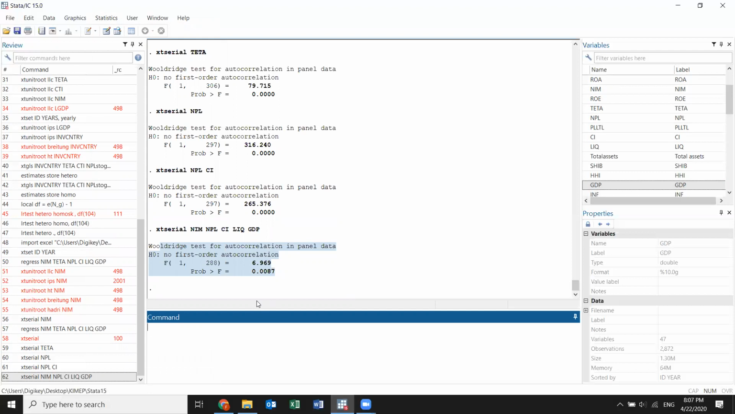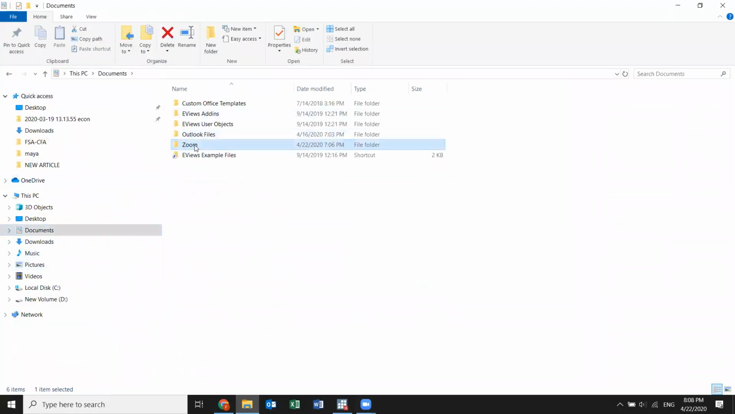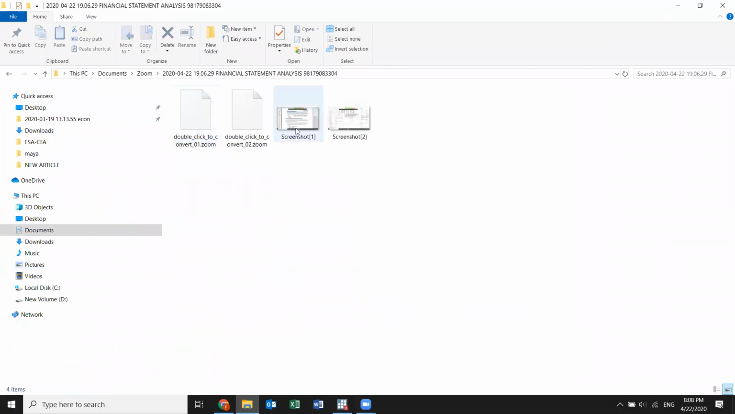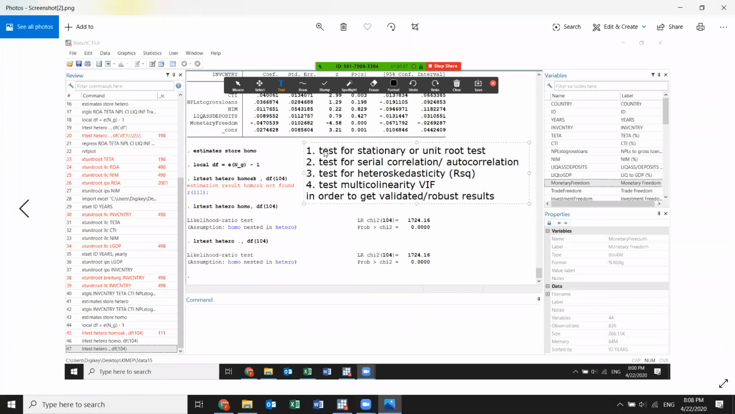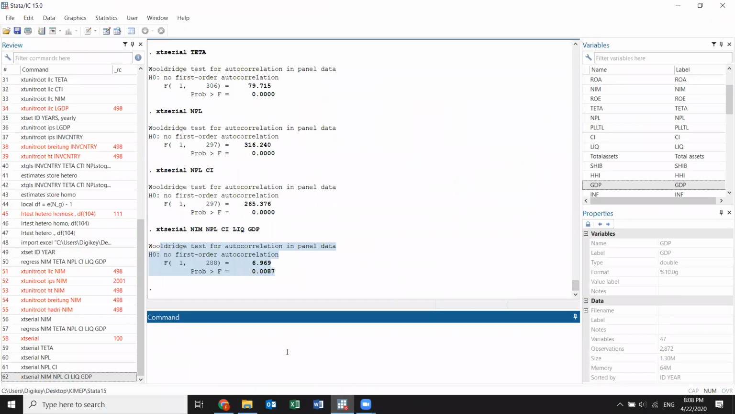So, coming to heteroscedasticity, the third test. Here we go, screenshot. The test for stationarity, we did it. For autocorrelation, we did it. Now for heteroscedasticity, we need to do it to see whether there is heteroscedasticity or not. How do we do it? First of all,